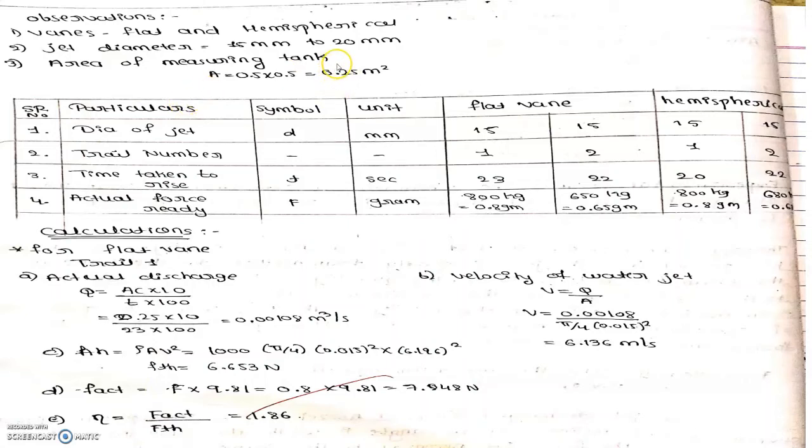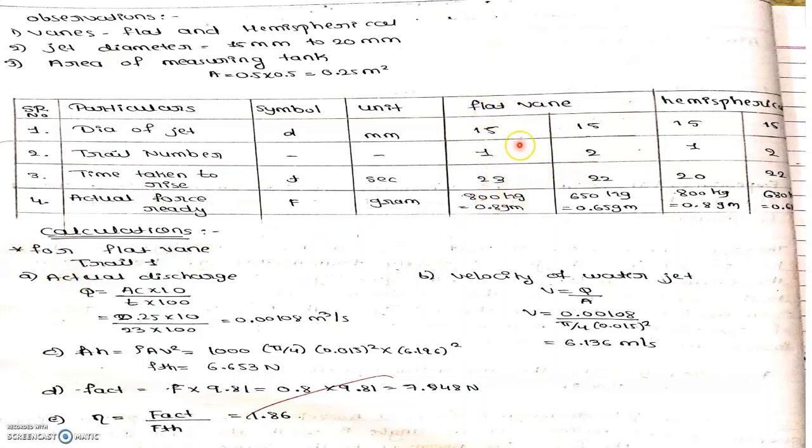Previously we have seen the calculation part as well as the conduction itself. Now see what we can do here. We have conducted one or two trials with this data sheet for the journal. We have done the flat vane, hemispherical as well as inclined, with trials 1 and 2. In the collection tank, to raise the water level by 10 centimeters, it has taken 23 seconds here and 22 seconds here. I'm talking only with respect to the flat vane here.